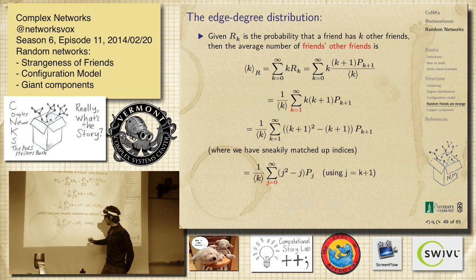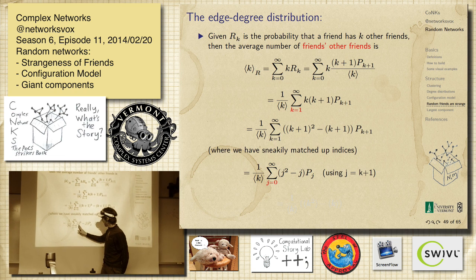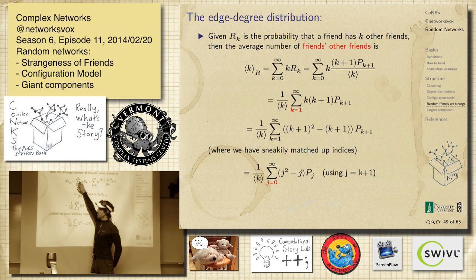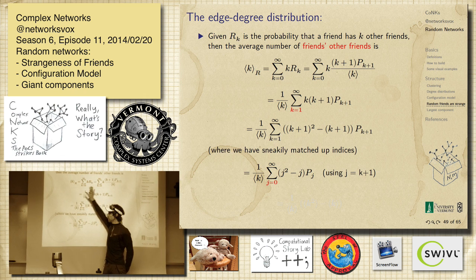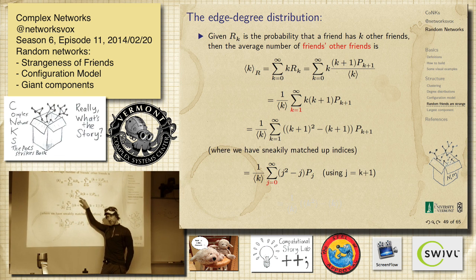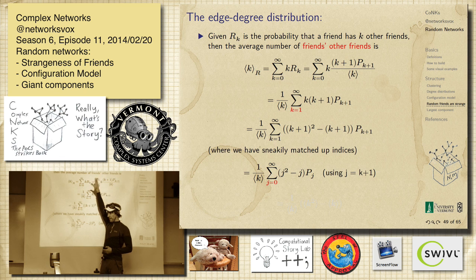So now we have, sitting here very nicely, 1 over this average here. The first bit is the second moment. This is talking about this edge degree distribution. Now we've got it all the way back to our underlying degree distribution. That's what this little battle was about. We don't know what the underlying degree distribution is, but we know how these edge degree distributions relate to it very simply. So now it's the second moment of this degree distribution minus the first moment.